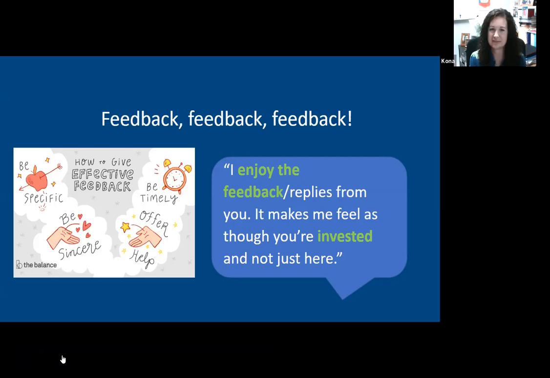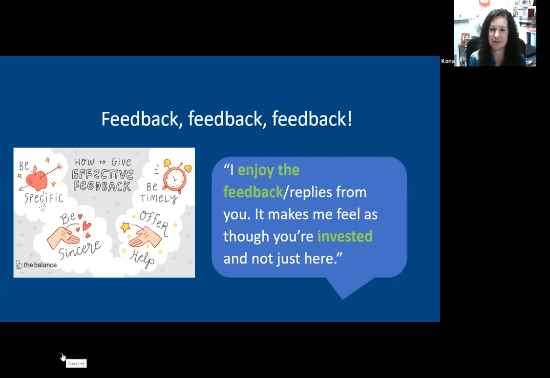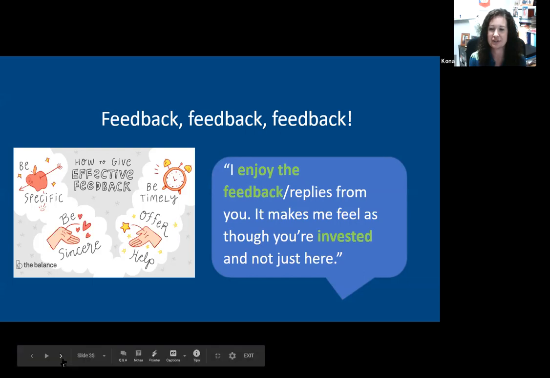Yeah. And it is just those little extra touch points, those little extra connections. And then never underestimate the power, the value of feedback. Seriously, feedback is amazing. Some feedback I got from one of my students is, I enjoy the feedback replies from you. It makes me feel as though you're invested and not just here. And how sad that the student would even think I'm just here versus I'm not.